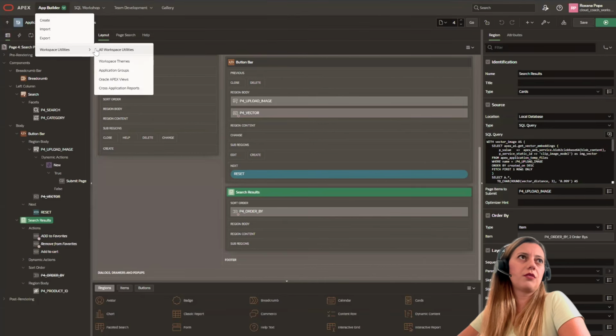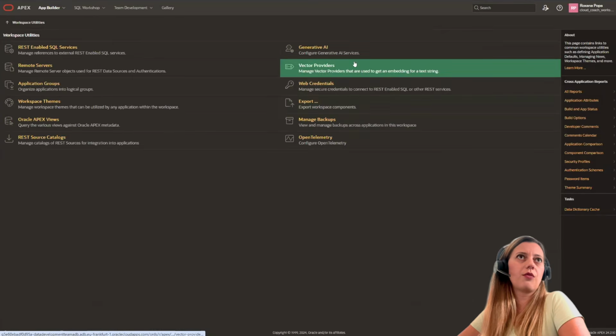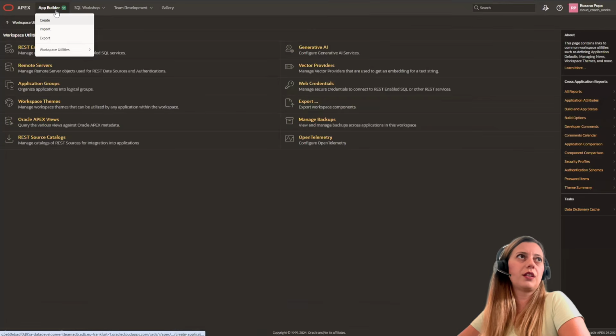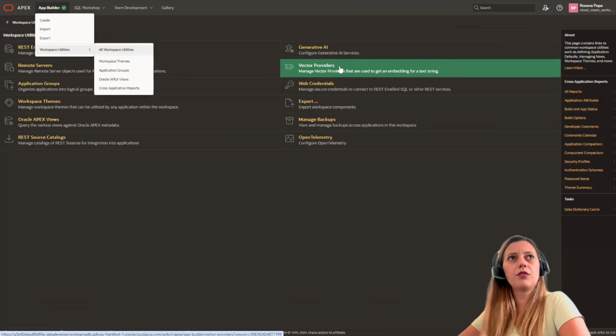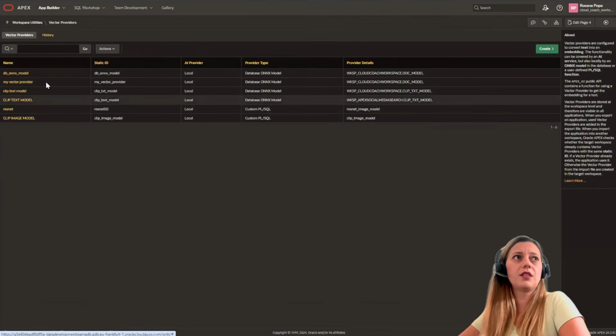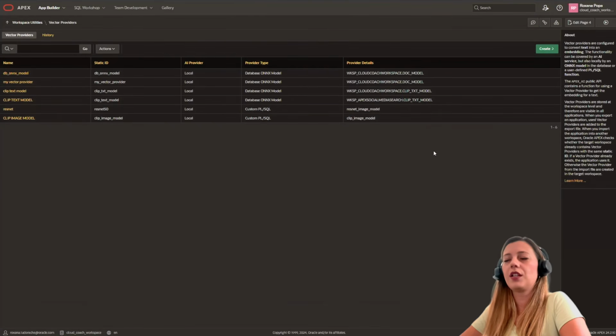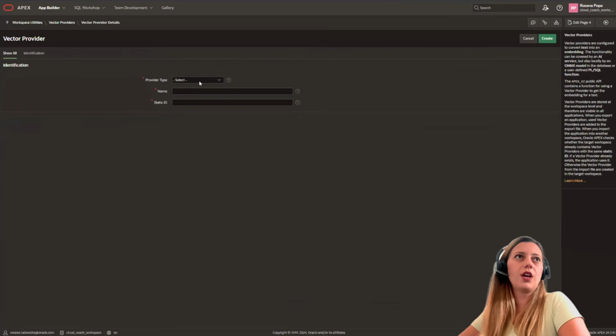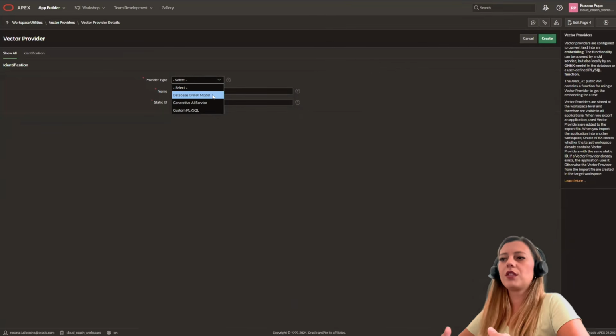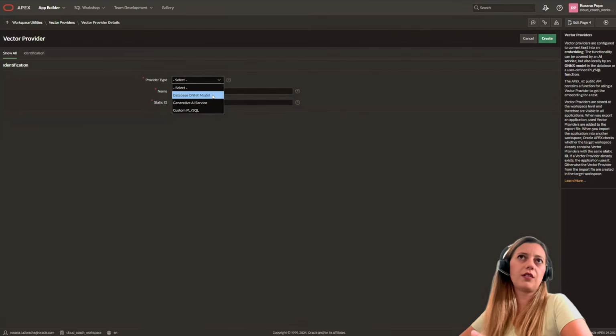Now, let me quickly show you the vector providers in Application Builder, Workspace Utilities, all Workspace Utilities. We have the vector providers. This is the place where we can define our providers. It's very easy to do so. You select the provider type, which can be either a database ONNX model that we generated and loaded earlier in the database, a GenAI service, or a custom PL/SQL.